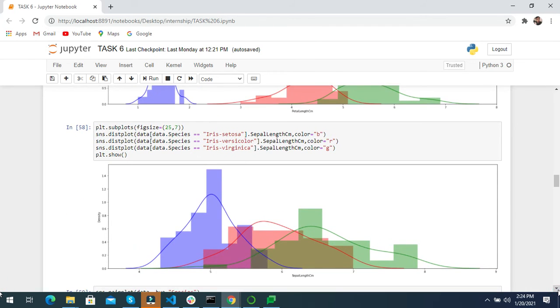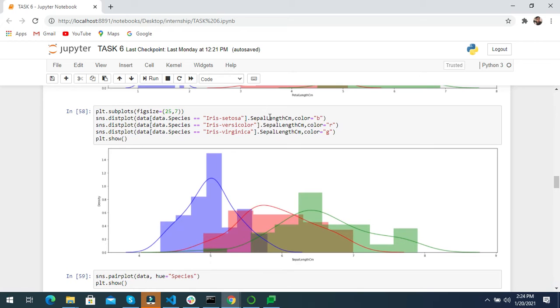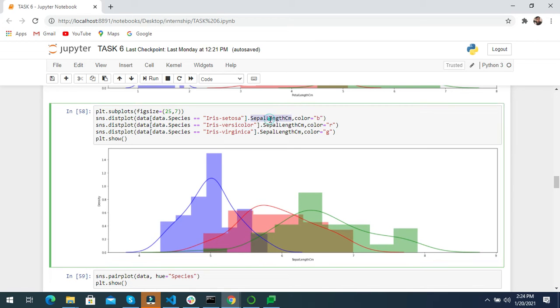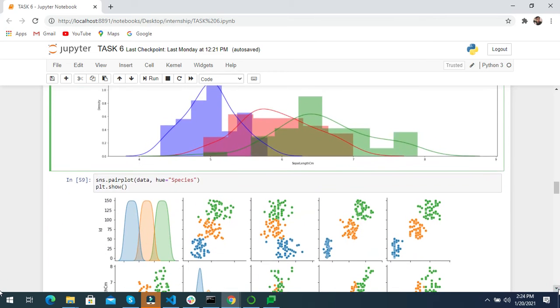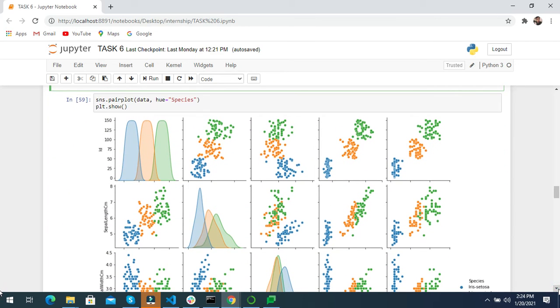Then we analyze sepal length centimeter, same as above. If we want to analyze between continuous variables, then we use a pair plot.